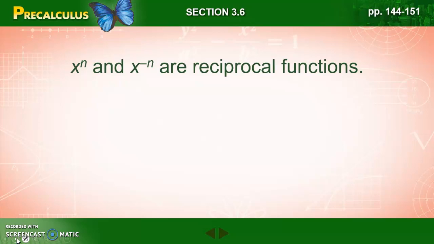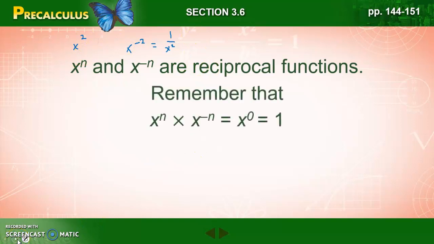Just a couple of reminders. Remember that x to the nth power and x to the negative nth power are reciprocal functions. If we put some numbers in here, x squared and x to the negative 2 are reciprocal functions. X to the negative 2 is just written as 1 over x squared. So you can see that x squared and 1 over x squared are reciprocal functions. So remember that x to the n times x to the negative n equals x to the 0, which equals 1. And according to our definition of reciprocals, reciprocals are two numbers that one